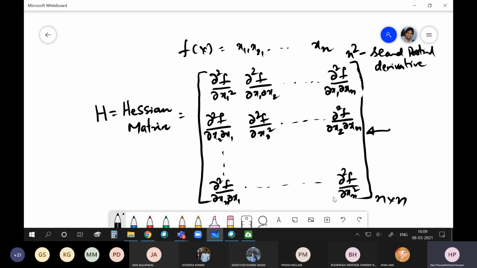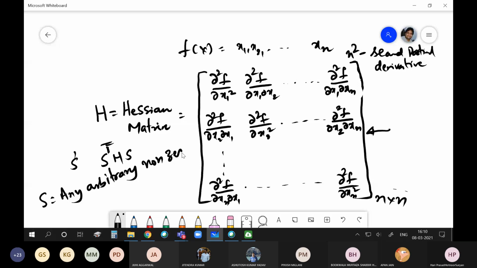We can say that this will be positive definite if for any arbitrary non-zero vector, let us say S, S transpose H into S, where S is any arbitrary non-zero n by 1 vector,